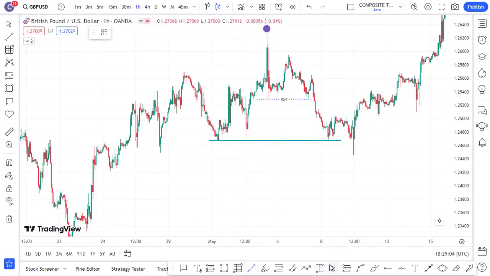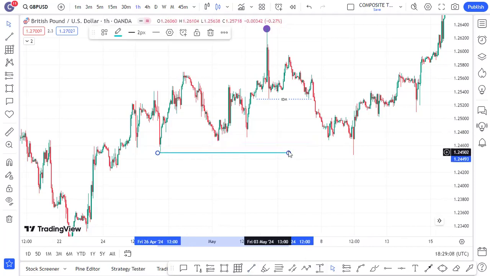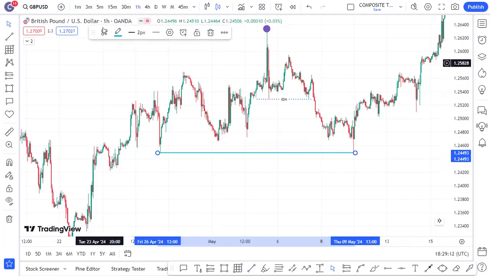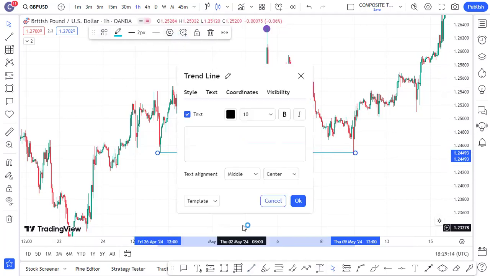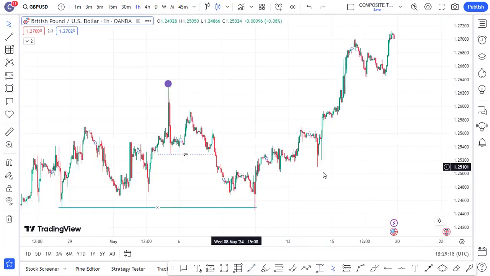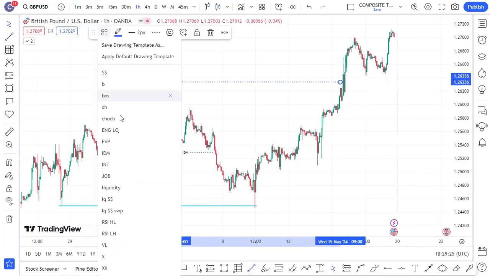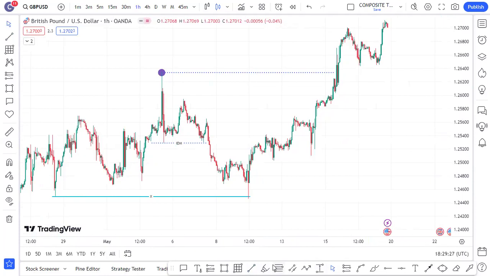This one is a good sweep. Let's use this one. This is a very strong liquidity sweep there. Once we get that sweep, we get a push to the upside. And right now we can see we're still bullish. There's a breakout of structure here, and this is a low.